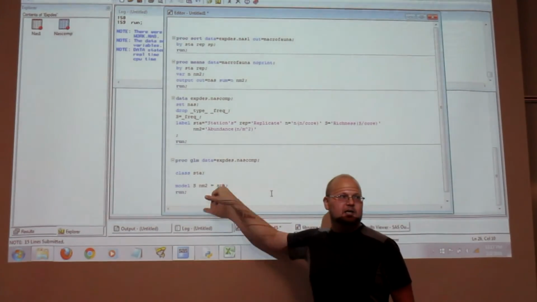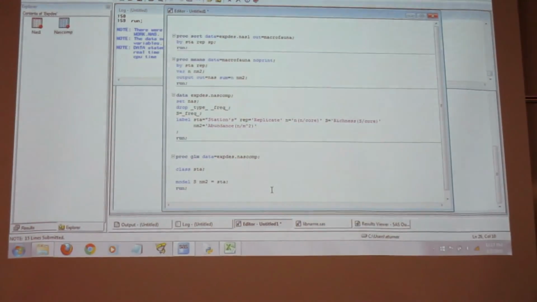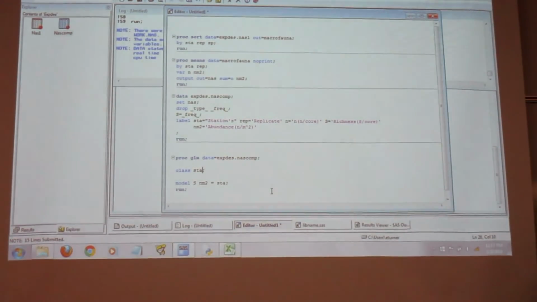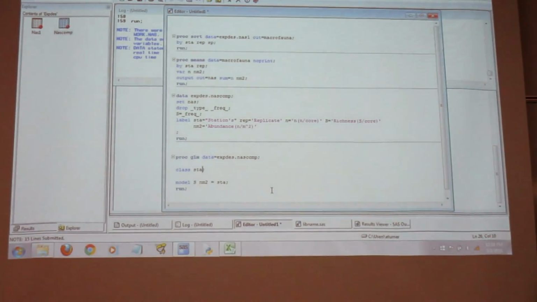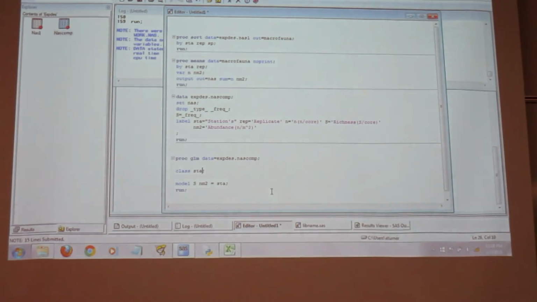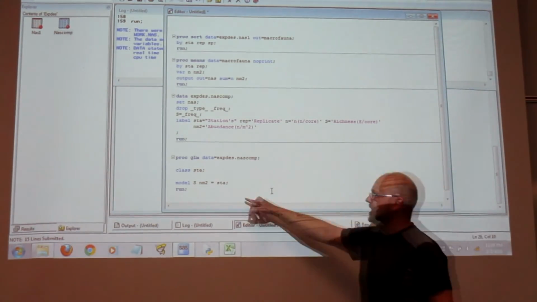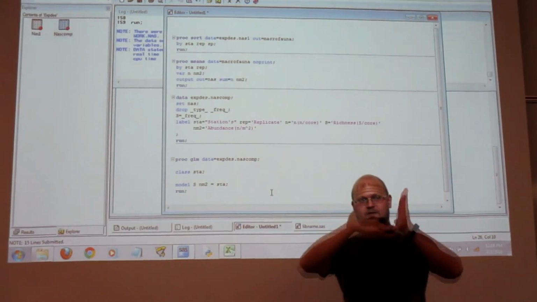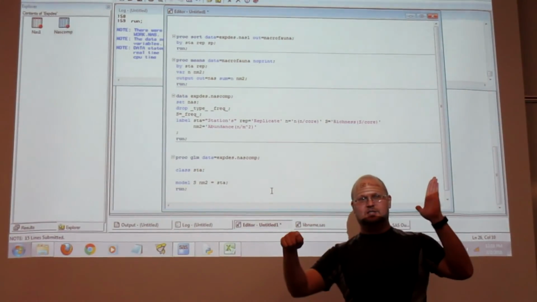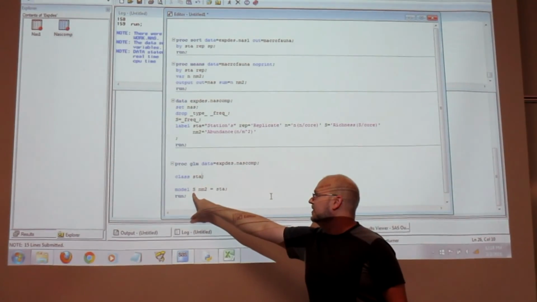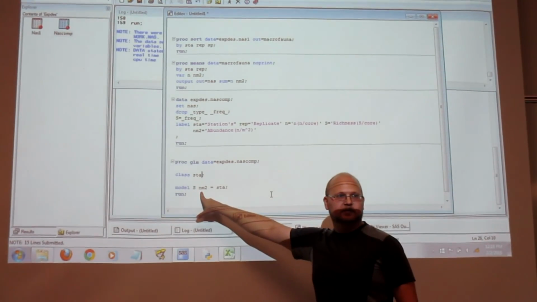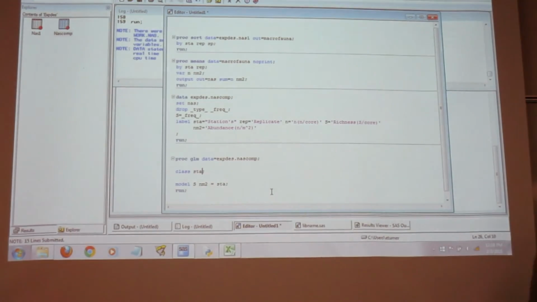So again, what we were looking at when we had our transects was per station, I want to see the richness and I want to see the number of individuals per meter squared. So that's going to be our x-axis on our graph like this. The x-axis is station, that's this side. The y side is going to be S, and it's going to be NM squared. So I run that.